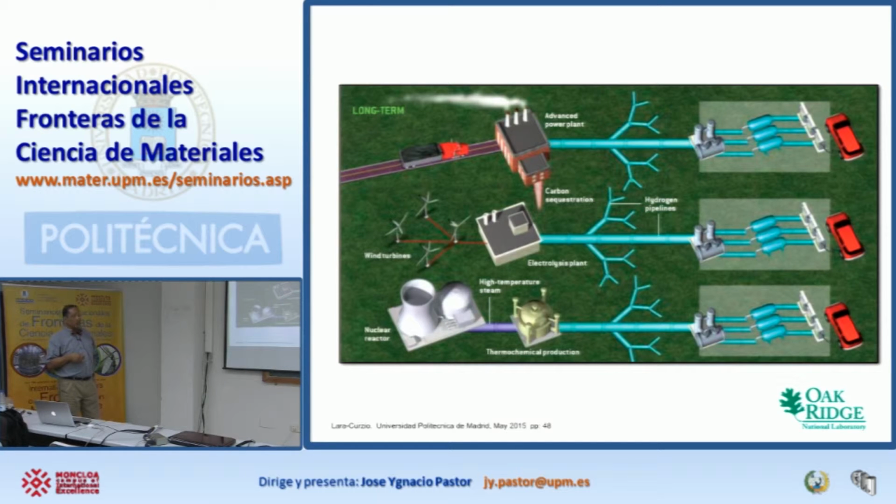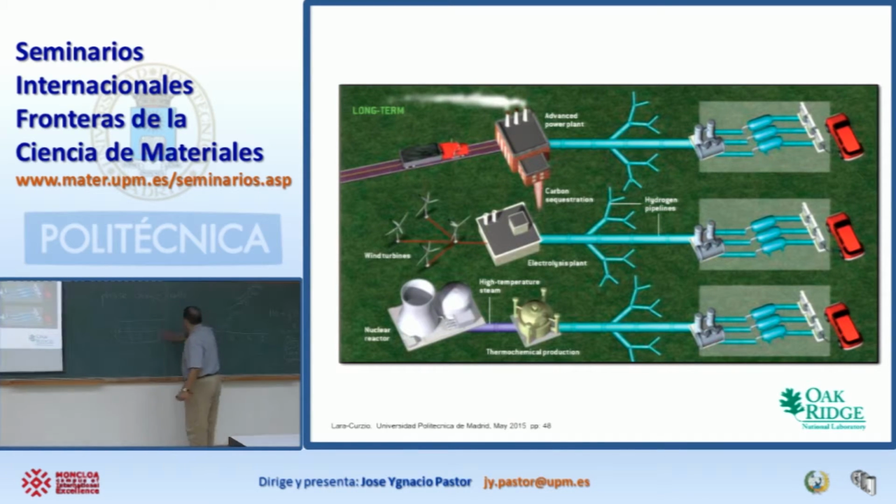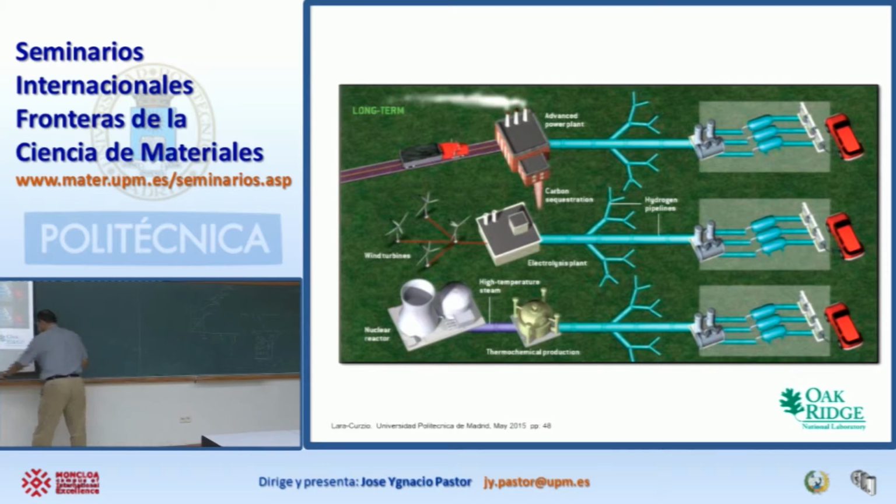Now, you can also produce hydrogen from something called steam reforming. You can react CH4 with water. So you can have a reaction where you have methane, which is natural gas,